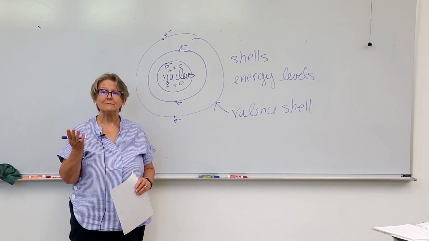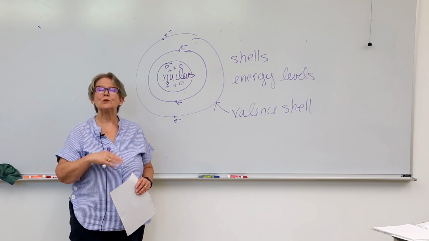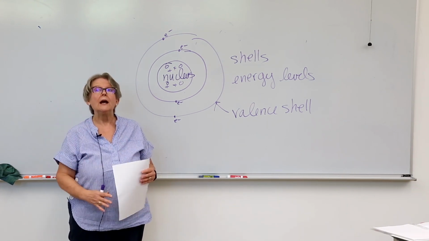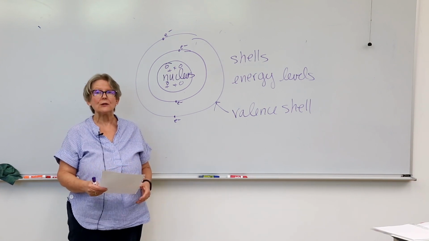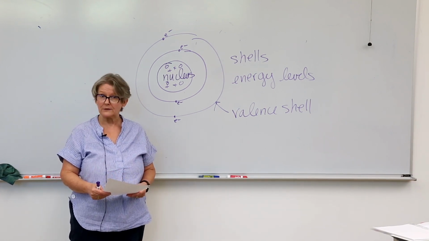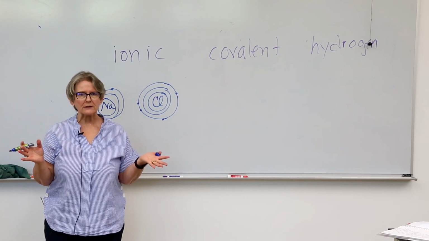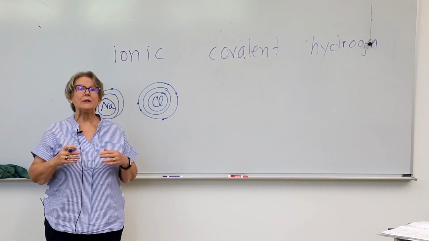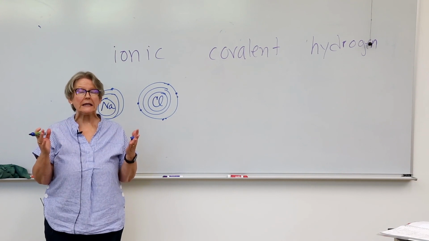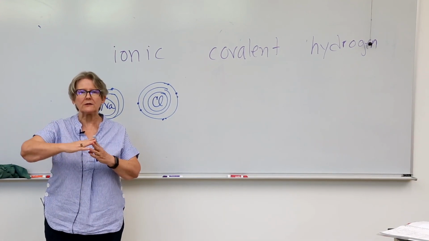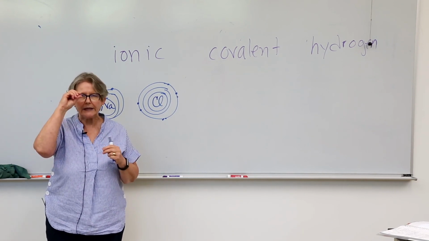Electrons can do the same thing because they're moving. So they can share. They can be lost, gained, or shared. Which leads us to the next thing that they can do, which is form bonds. So, electrons, that's where all the action is. So if you think about, when we talk about quanta, you've all heard about a quantum leap, and you think it's this gigantic leap. No, a quantum leap is a little tiny leap.